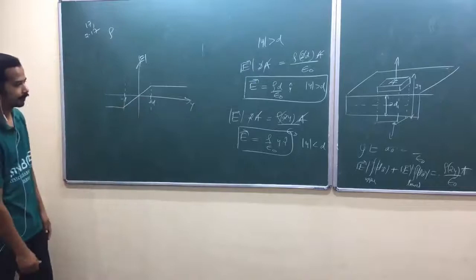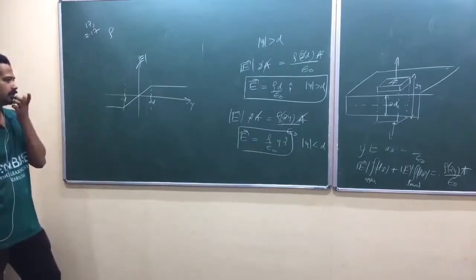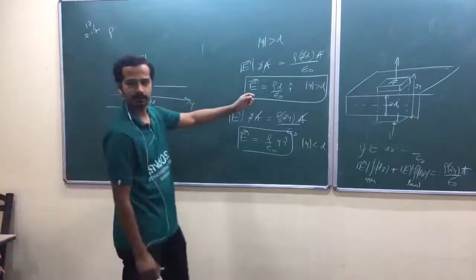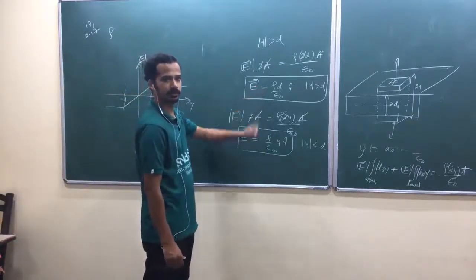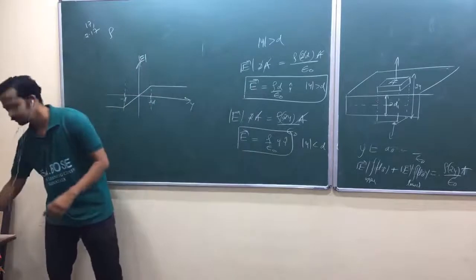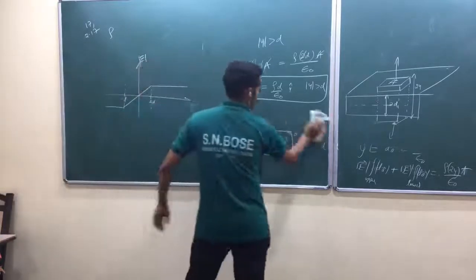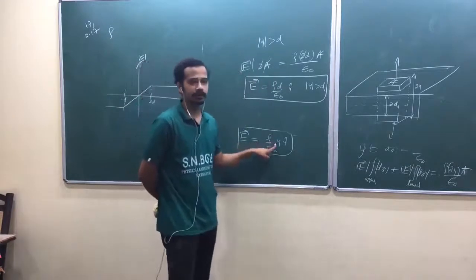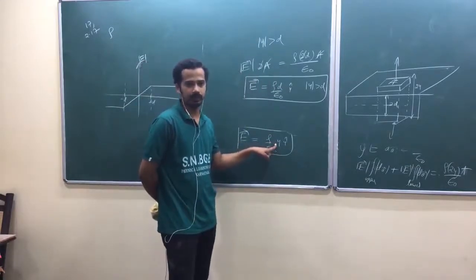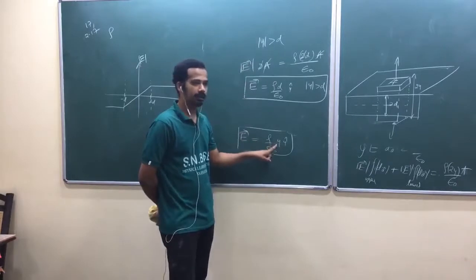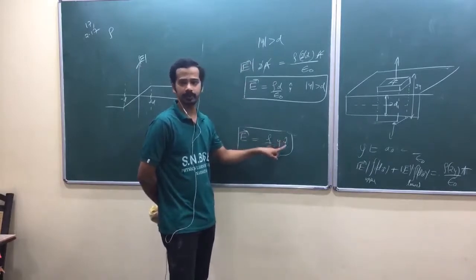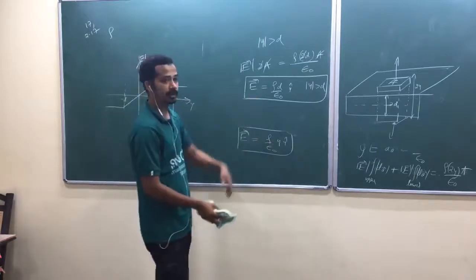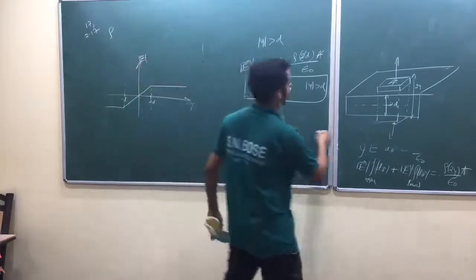That's correct. But something should have taken care of that sign. Am I right? Are you getting my point? Whenever you write this one, you have to write like this. This is okay, remember. So here the y sign will take care of its direction. Above the plane, if y is positive, it will be plus y cap direction. Below this plane, y is negative, that's why it will be minus y cap direction. But here it will not take care. You have to rewrite this one.